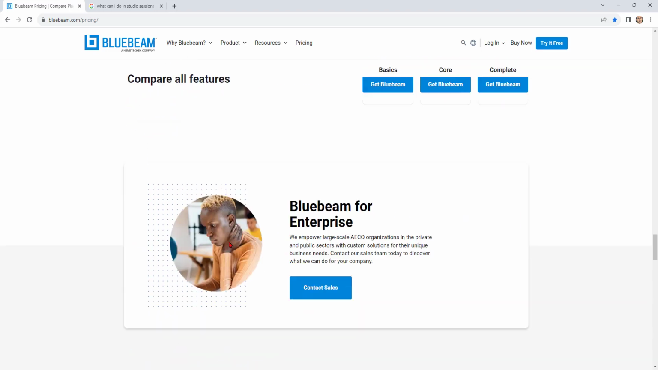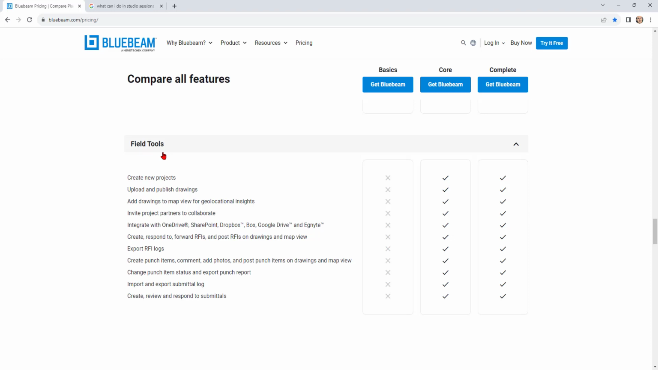Last one here is Field Tools. Field Tools you do not get access to if you have Basic. When Bluebeam released Revu 21, they also released Bluebeam Cloud. Bluebeam Cloud is their new web-based platform that also is an application for your phone, like an iPhone or Android, that allows you to access PDFs in the field. You can update the PDF sets, and if you want to track RFIs, punch lists, and submittals out in the field,